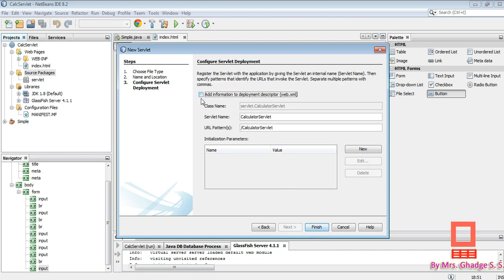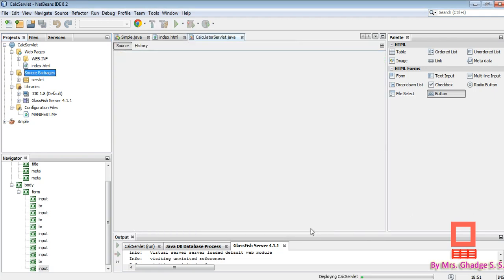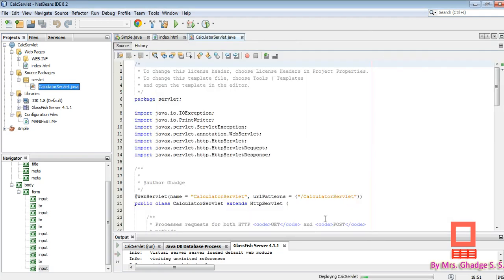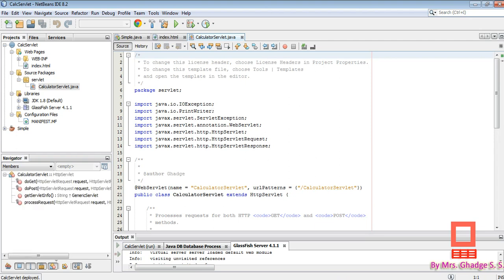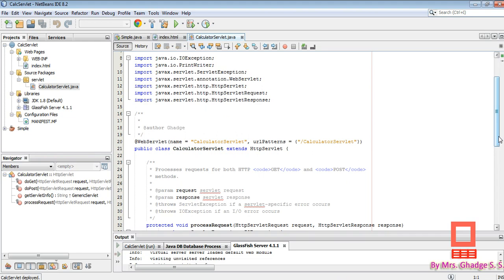Okay, so here is one check mark to add the information into the deployment descriptor file, that is web.xml, but we are not going to use web.xml. Instead we are going to use annotations. So you don't have to select anything here, just click on finish. Okay, so this is our servlet file.